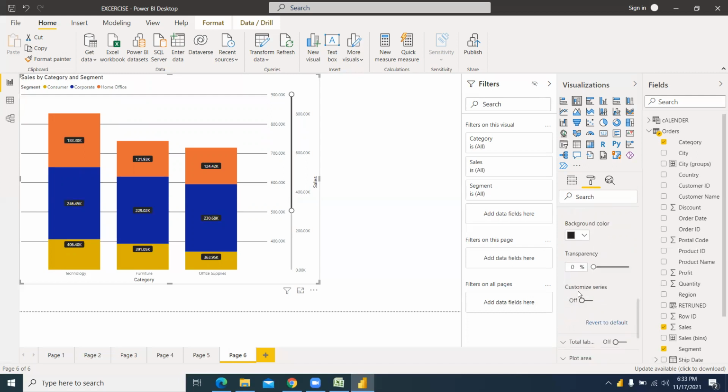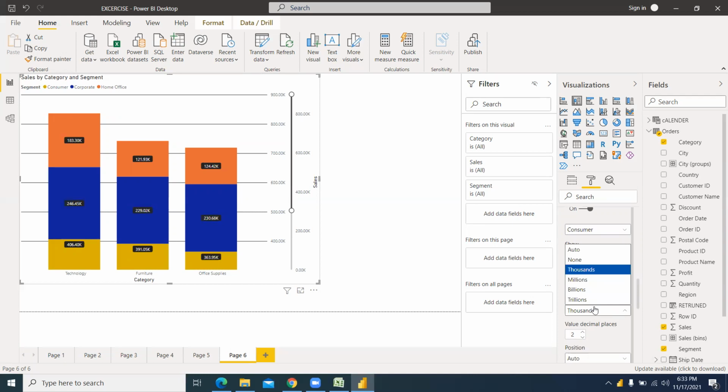Okay, and you can customize these labels also one by one. So let's say if you have a corporate label that is different. So customize series, if you do that, you'll see consumer, you can format the label one by one. I'll show you. If you turn it off, it is gone. Then you can show the color white, display it.